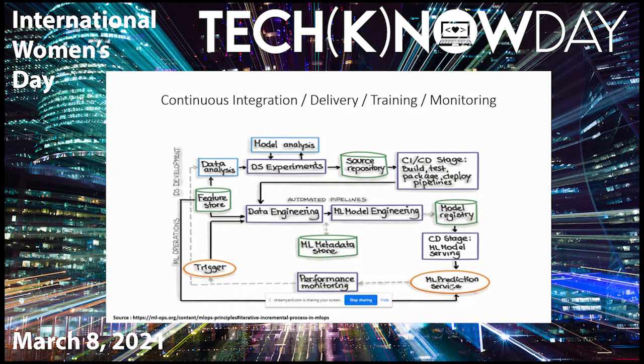Once the monitoring module figures out that the model performance has gone down, there will be a trigger which will restart the entire process. So again, it will go to the retraining part of the model where you retrain it on the real-time data, and the entire process repeats. All this has to be done in an iterative, incremental way, and it is a continuous process. So this forms the base of the MLOps platform.